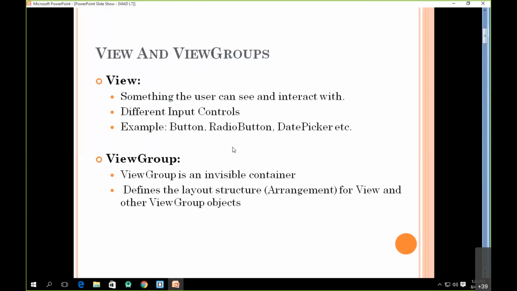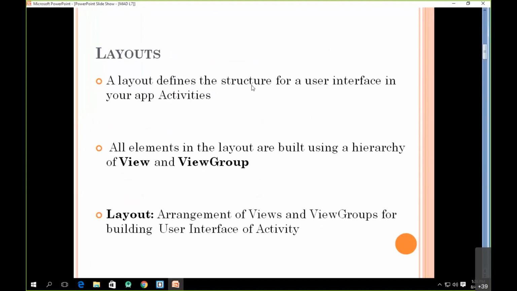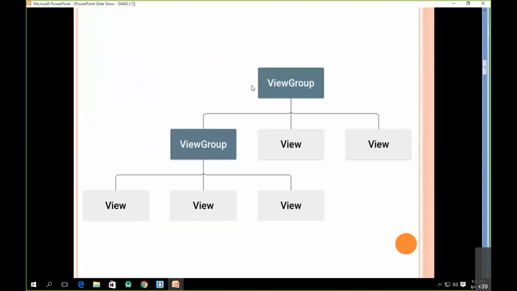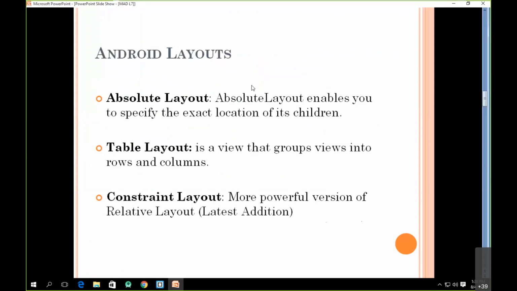So one thing that I want to ask you now is, if you have any doubts, please ask. The last 2 to 3 minutes will be dedicated to doubt clearance. So if you have any doubt till now, please ask. Any doubt in view group, any doubt in the terminology of layouts, any doubt in linear and relative layout?